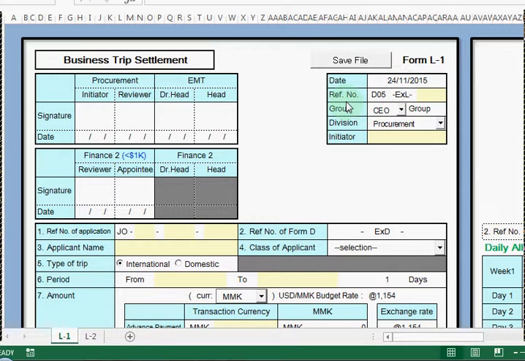And also the other one is the reference number. The reference number we don't need to fill up anymore. We only need to fill in our 4-digit code. Okay, D05EXL we don't need to touch anymore. Then after that we fill in the 4-digit code. Okay, then crude we need to choose,